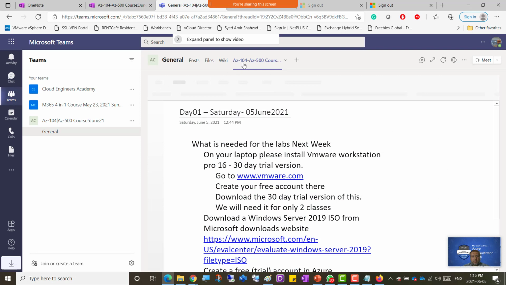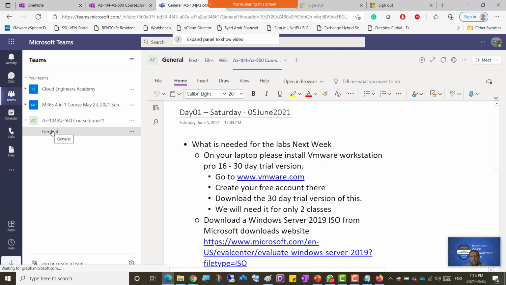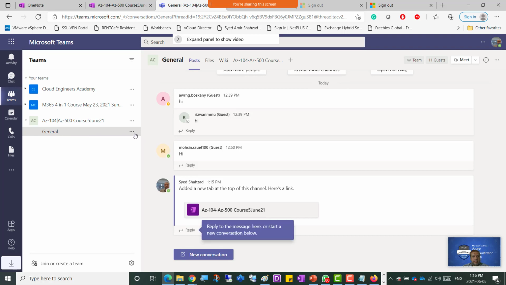Okay. So yeah, guys, see this? Are you in Teams? First of all, let's go back. Go to Teams. Once you're in Teams and you see your team here, and then there's a general here, and then I've just added OneNote as an app from the plus sign here. I hope you're able to see AZ104, AZ500 in the line of general, posts, files, wiki, and then AZ104. So if you click that,